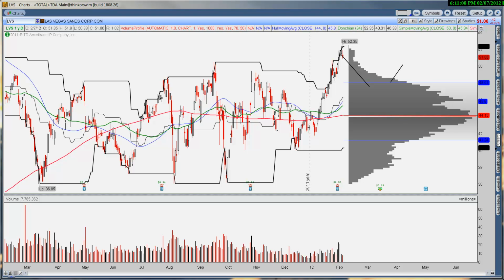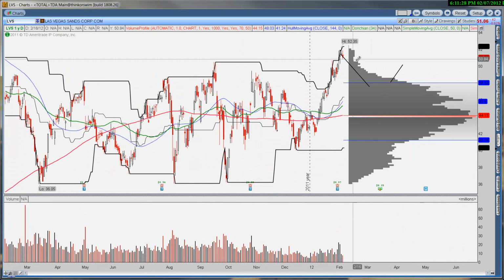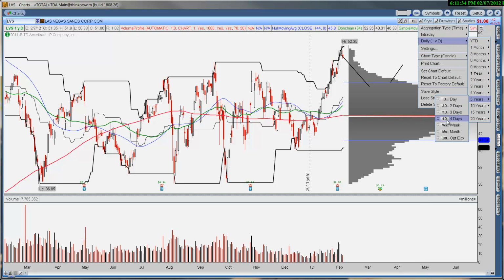If we look at the intraday chart, it could be as high as 49, which is January's point of control, or it could be, you wouldn't want to see it get this low, but $45 or so. That's a big high volume area over the last 90 days, but I'd be more $49, $48 sounds like a better level. If you really zoom out on Las Vegas Sands, just like a lot of these charts,